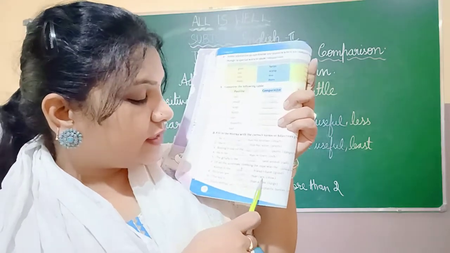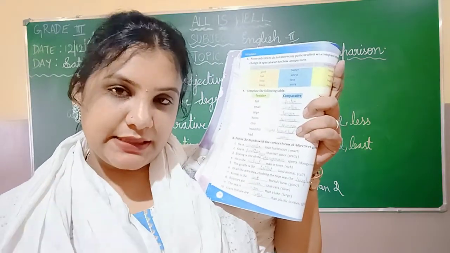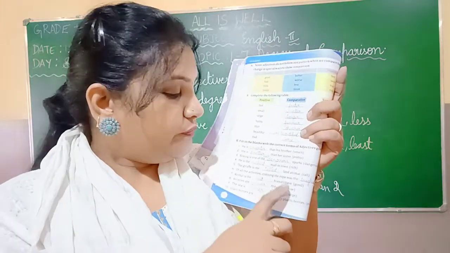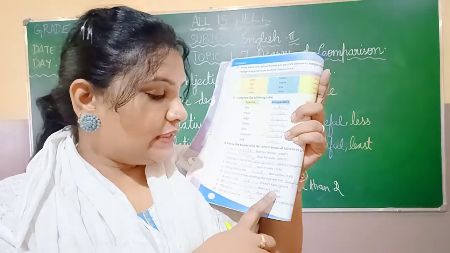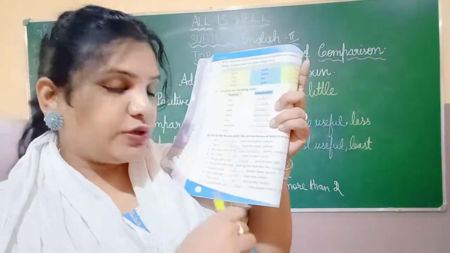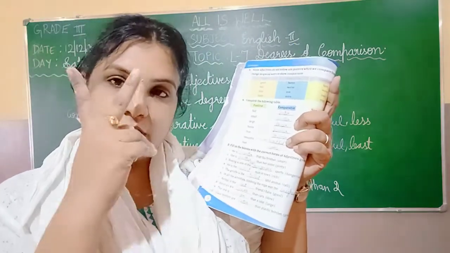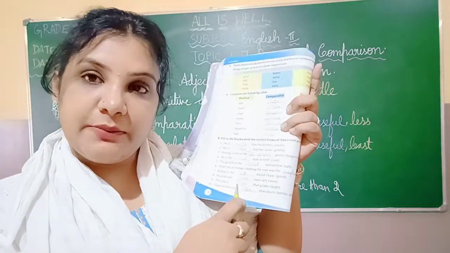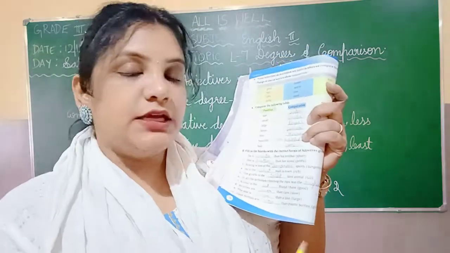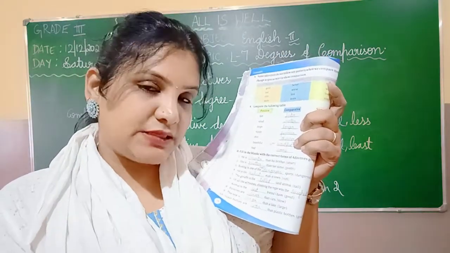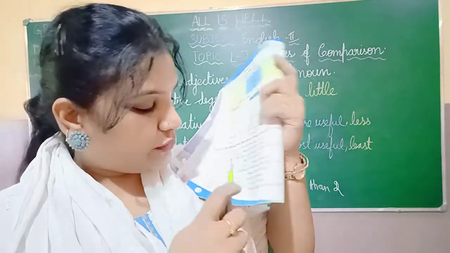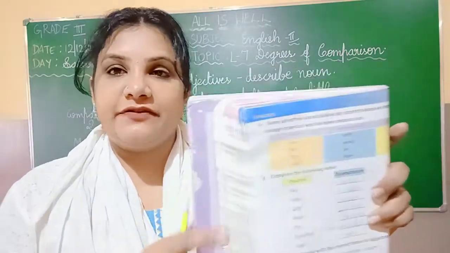Bicycles are dash than cars. So, here we are comparing bicycles to cars, one noun to another noun, correct? So, it is a comparative degree. Slow will become slower. The sea is dash than the lake. Here also you are comparing only two things. So, large will become larger. Glass bottles are dash than plastic bottles. Here also you are comparing only two sets of things. So, good will become better because it is a comparative degree.